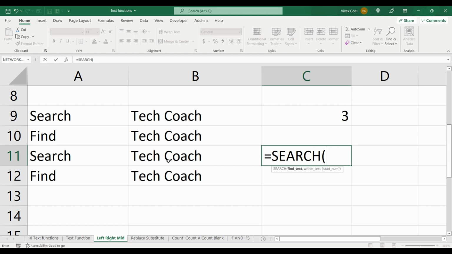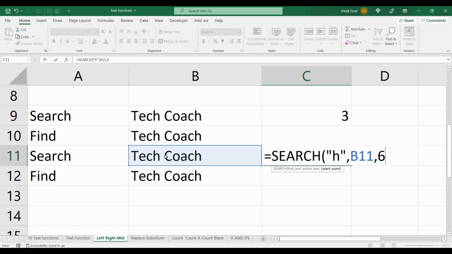For example, if we want to search for H in Tech Coach, but instead of starting from T, which is at the first position, we want to start after the first space, so we will specify 6 as our starting position, 4 characters for tech and 1 for space.